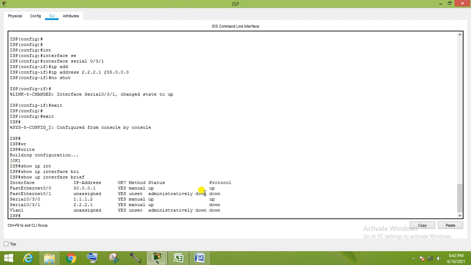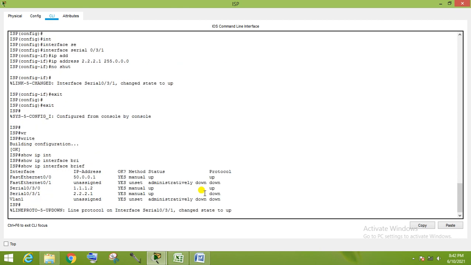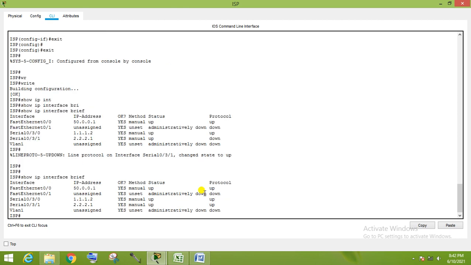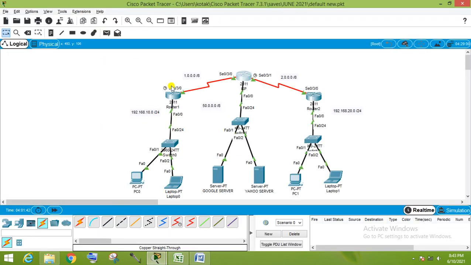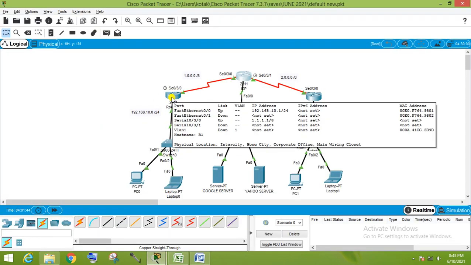So we have configured the interfaces. You can check all interfaces of the ISP router, that is the LAN interface, it is also up, status is up, protocol is up, and the WAN interface is also up. You can check the other routers also, that is router 1.